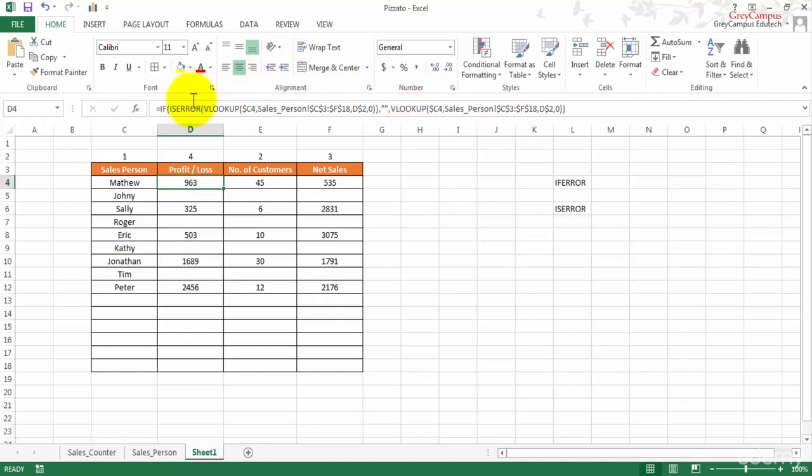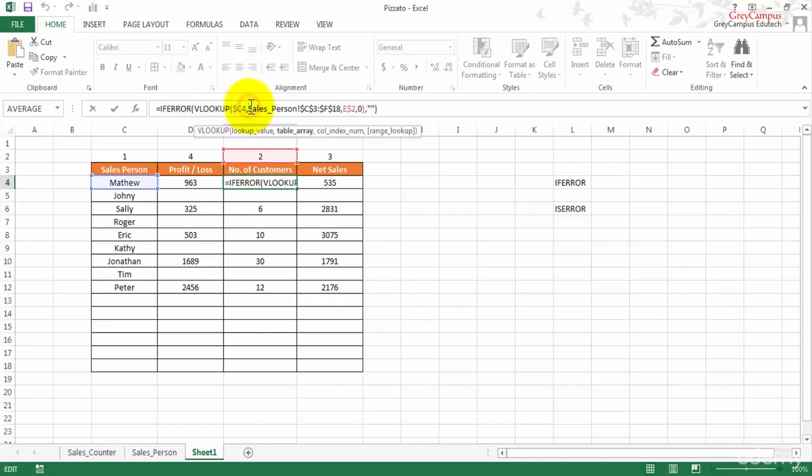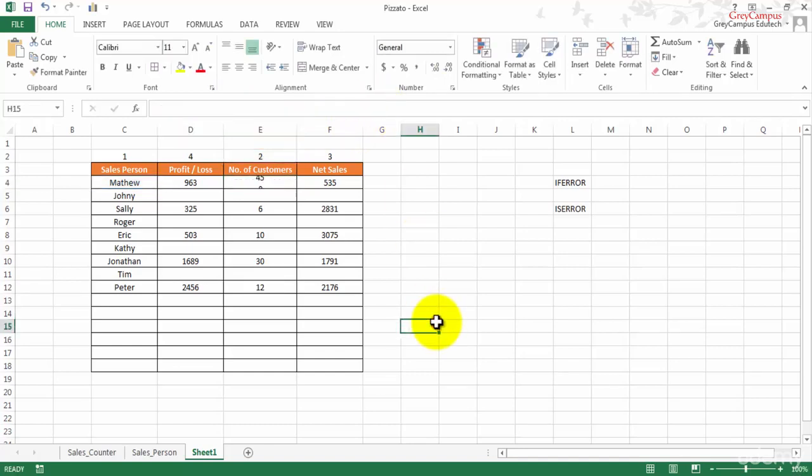That is also possible with IF and ISERROR. However, IFERROR only takes one value, and it takes the second parameter as what to do if it is an error. This is the major difference between IFERROR and ISERROR. So in the process we have learned how to handle missing data as well.